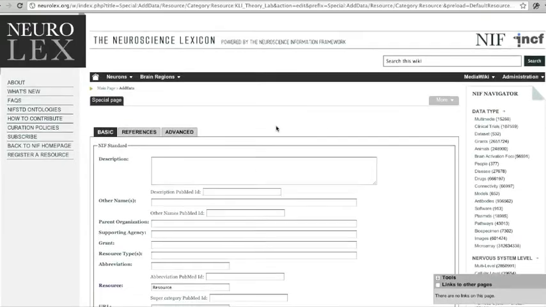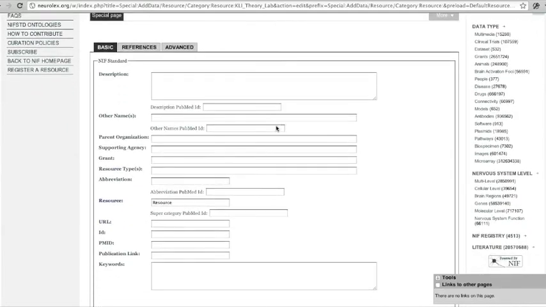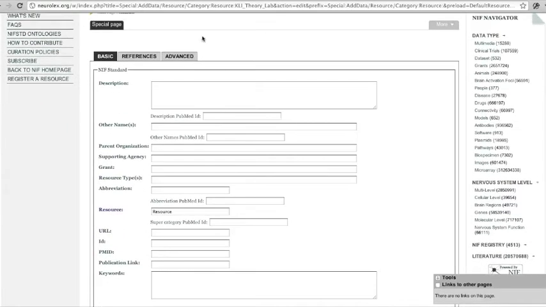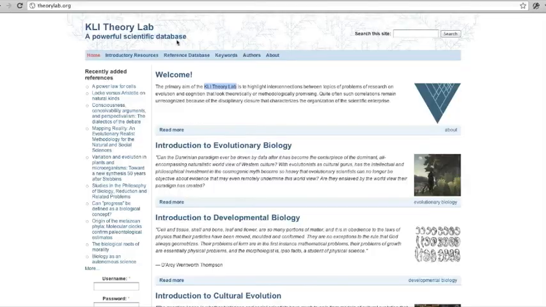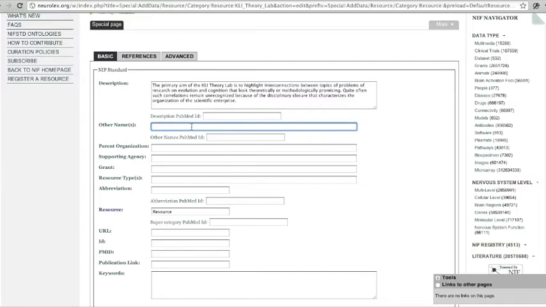Now you can see that I have made the page, and now it has a form here that's asking me for a description. So I can go back to the KLI Theory Lab, and we can see here that the welcome text is a pretty good description of what type of information can be found in the KLI Theory Lab. So I'll take this, put it in the description, and perhaps other names will include KLI Theory Lab,